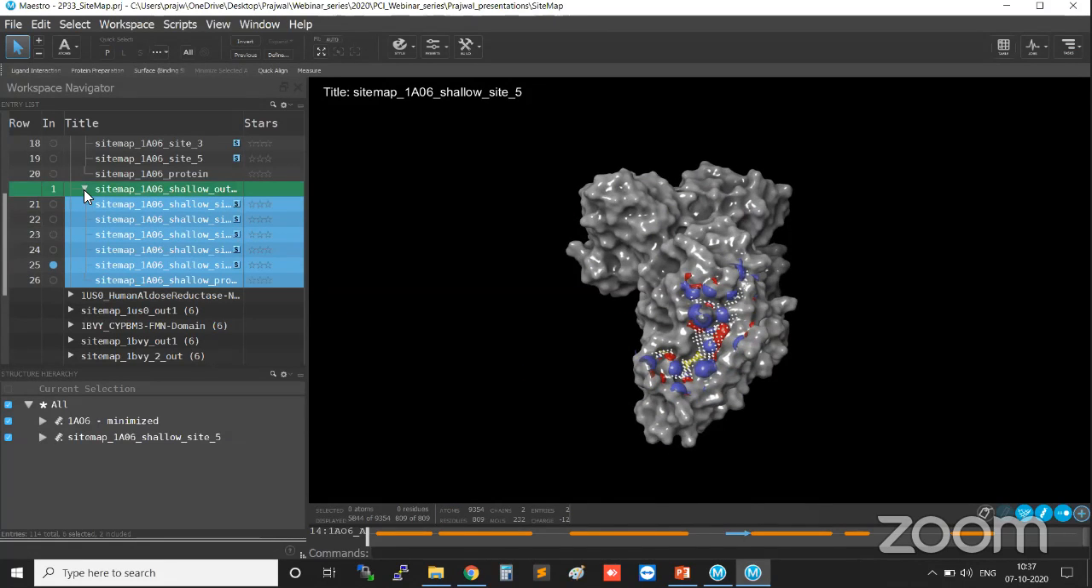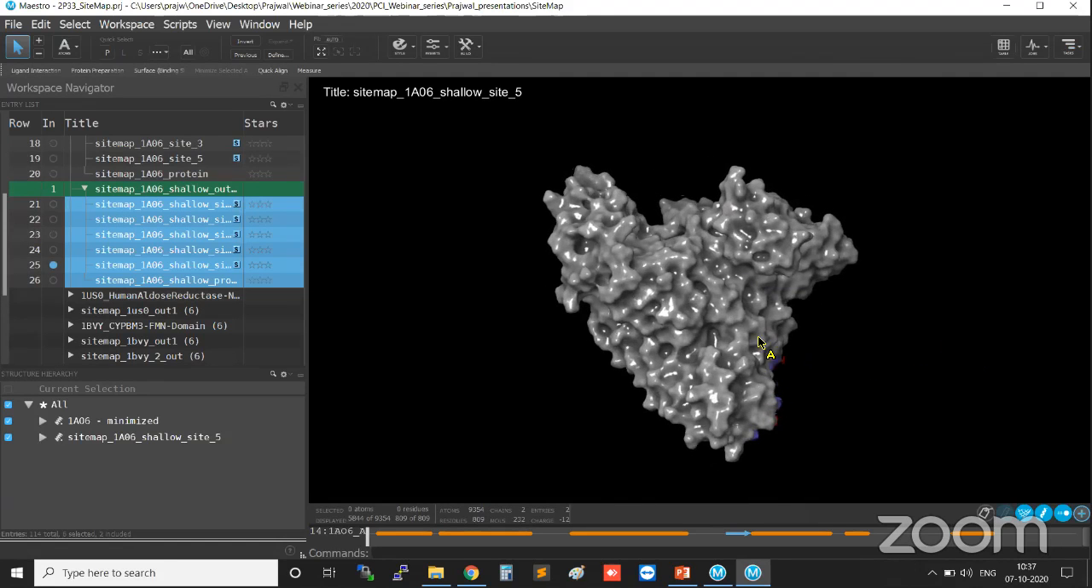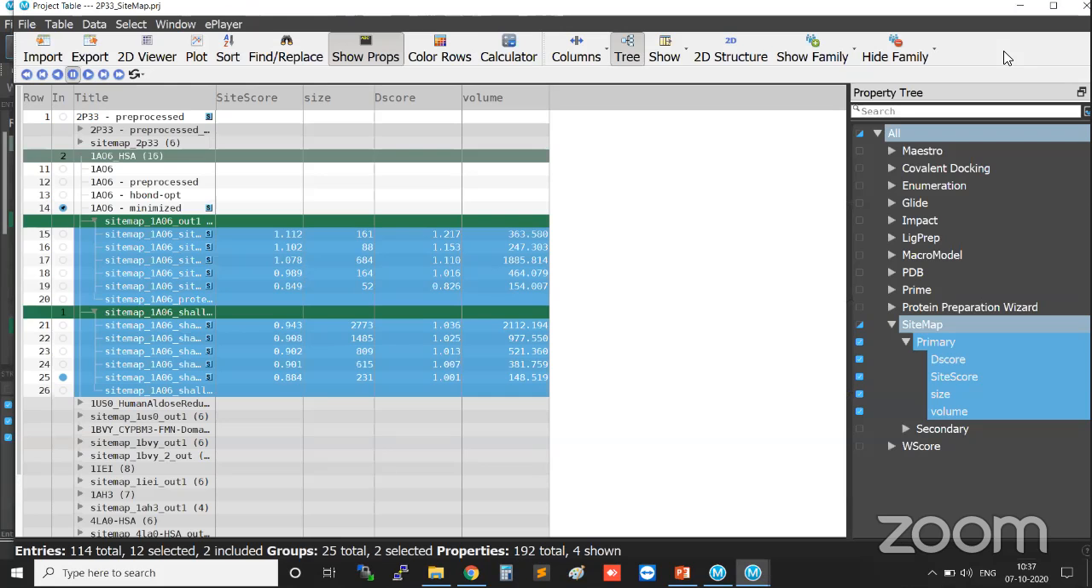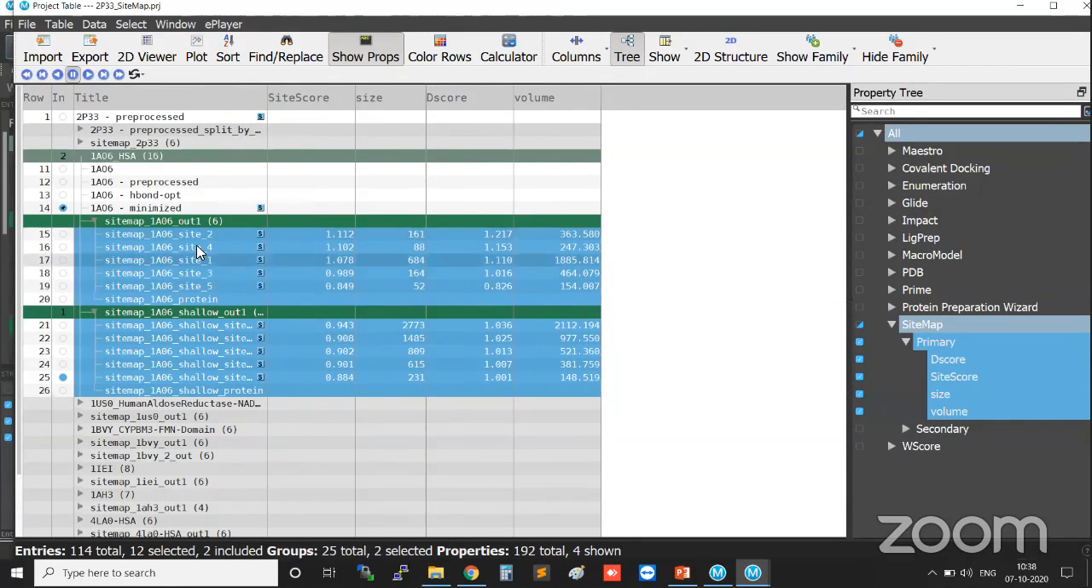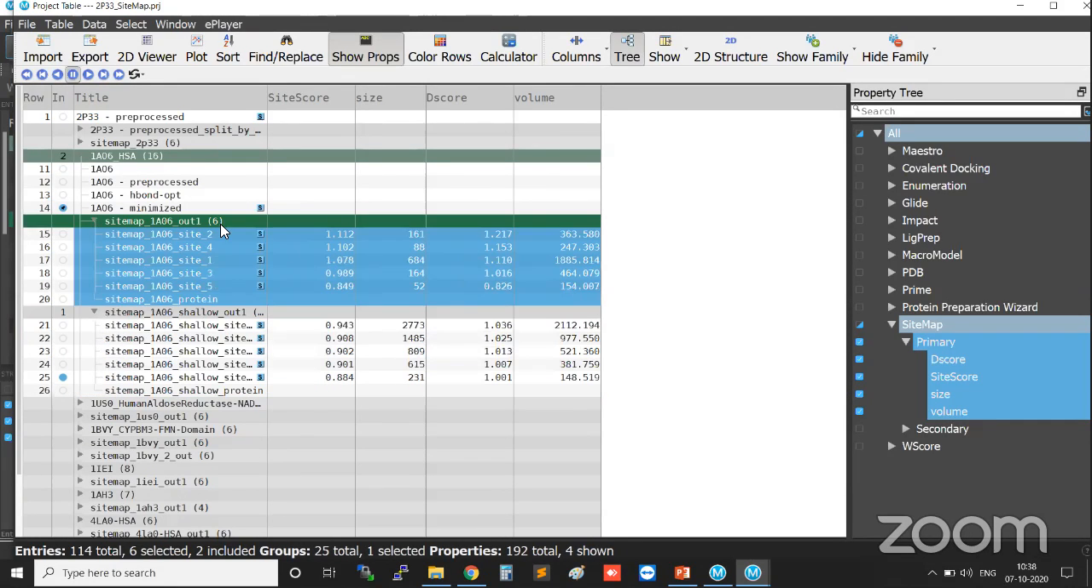So one of the striking things is that you will have deep binding pockets as well as shallow binding pockets in the SiteMap results. But we will try to see how it looks score wise. You can see these are the various SiteMap results for shallow binding pockets and for deep binding pockets, and we will see how the score